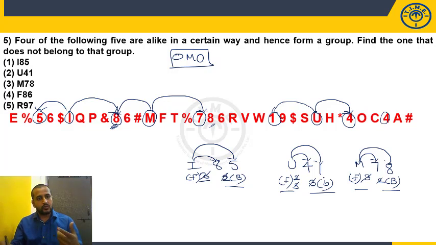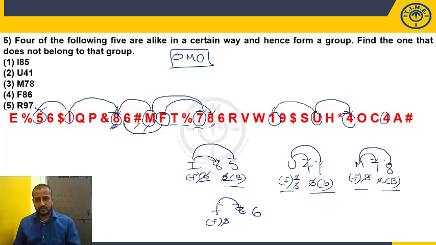Move to the fourth option. What is the fourth option? F, 8, 6. Where is the F? Now F is the base. In the forward direction, do you have the 8? Yes. So forward and backward. In the backward direction, do you have the 6? Yes. So in the forward direction between F and 8, how many elements are missing? 1, 2, 3. So 3 are missing in the forward direction. And F to 6 in the backward direction, 1, 2. So 2 are missing in the backward direction. Look at here. This one and this one and this one are following the same logic. But you cannot confirm. Move to the fifth option.